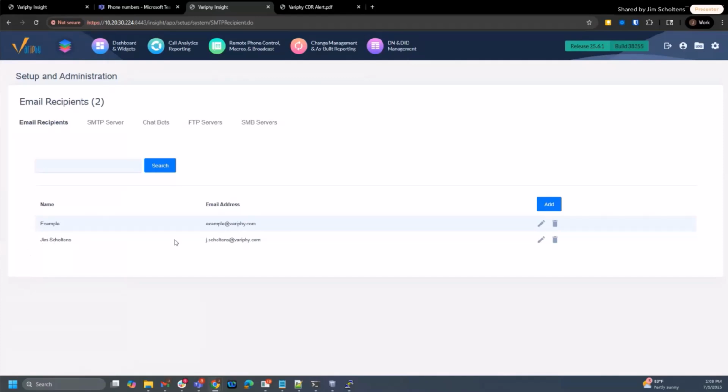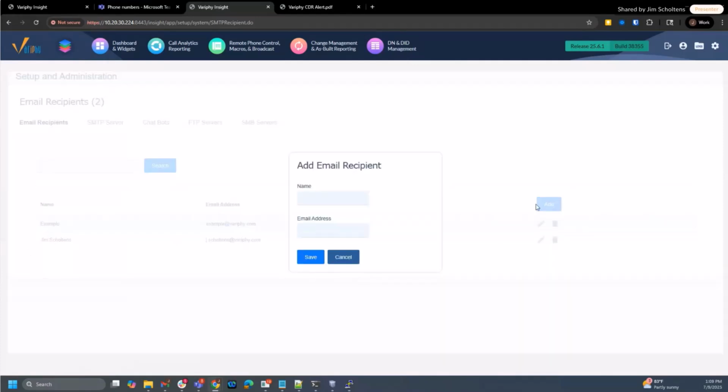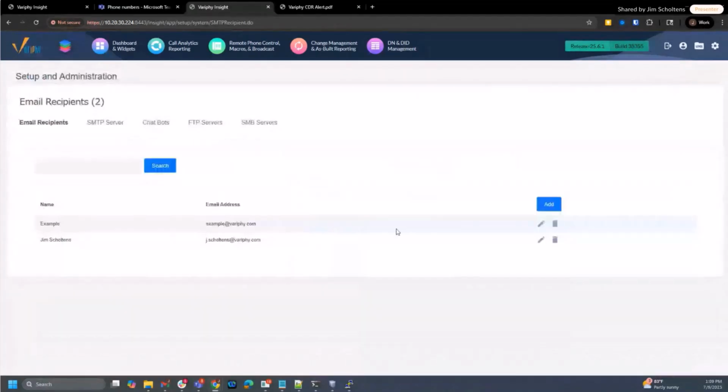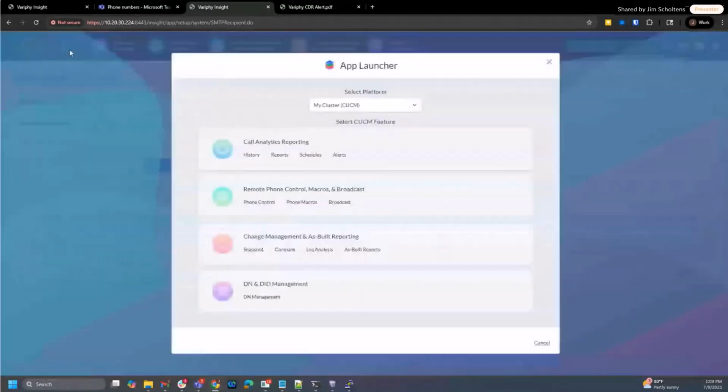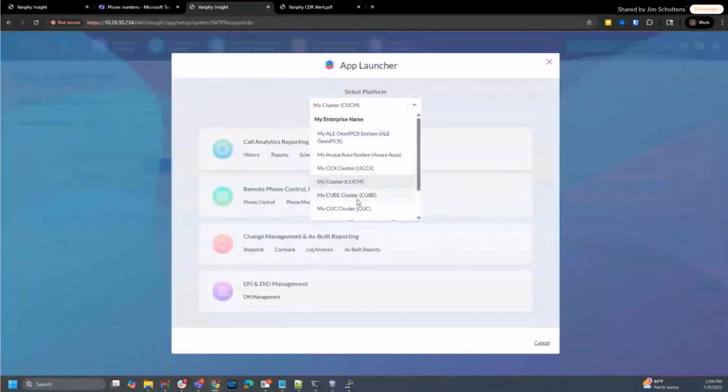And I've added myself here, so you can obviously add multiple email addresses. You can use anything that's a valid email address you can put in there. So you want to make sure that's configured, and then we'll head back on over. Choose my Teams cluster,